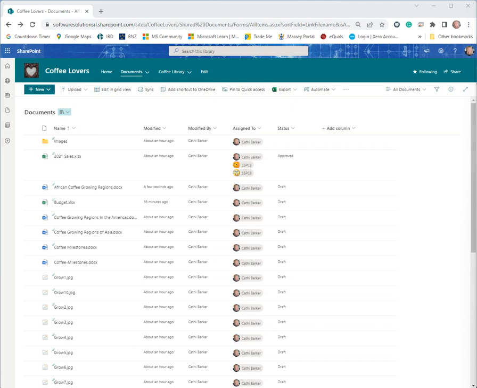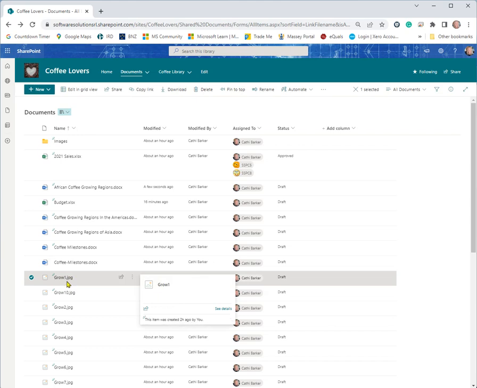Now with time we often think, I don't know if I should have put that file into that folder. And so sometimes we want to move files into different folders, and there's a variety of ways we can do this. Not only do we want to move, sometimes we want to copy files into more than one location. So for example, I might decide this particular file here, grow1, is an image, and I want that to be in my images folder. So with that file selected, if I wanted to move that file to the images folder,